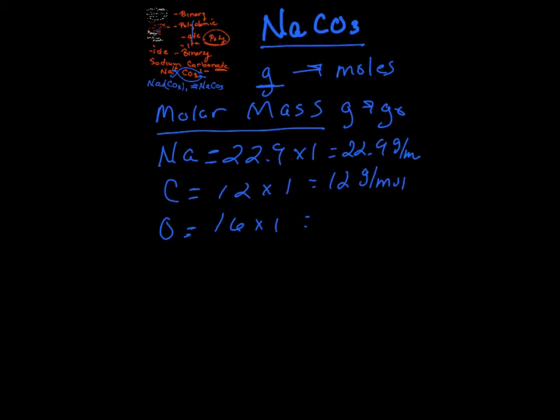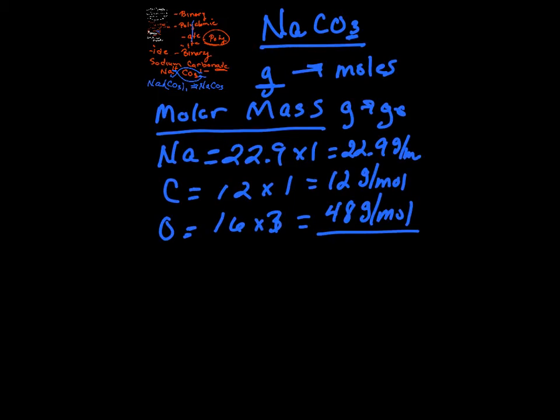Oxygen is 16 times, actually it's 3 because there are 3 oxygens: 16, 32, 48. So that gives me 48 grams per mole. Then all we have to do is add everything up, and that ended up being 82.9